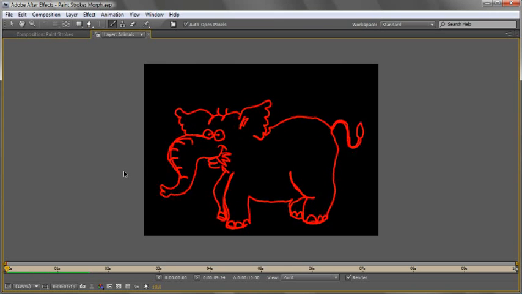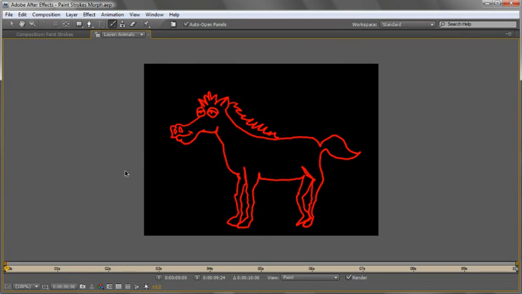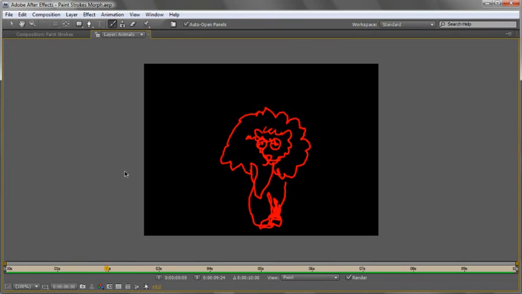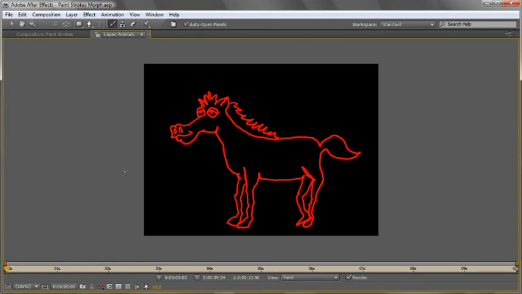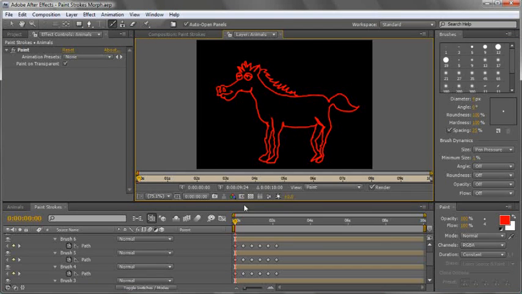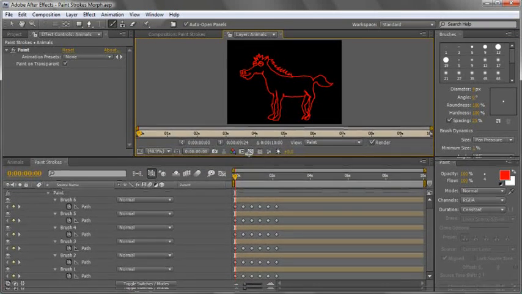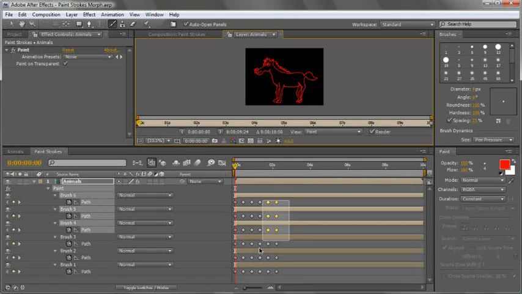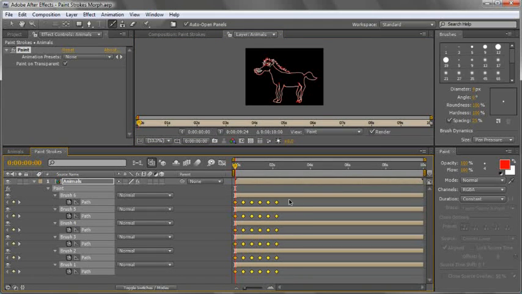When I play it back, we see the morph effect, but it all happens very quickly. So we need to add a little pause between each change. For that, make sure you see all the keyframes and marquee around them. Then select one of the last ones and hold down Alt and just stretch them until the 8 seconds mark